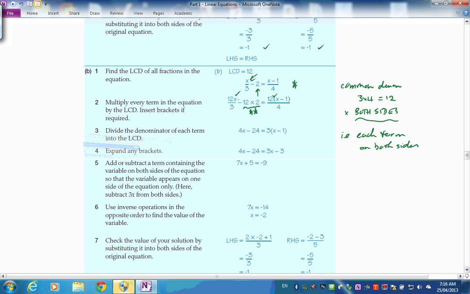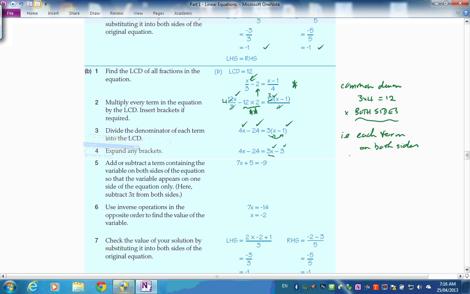So what have we got? 12x over 3, that'll cancel to 4x. Take 24, and that will go into that. 3 times 3x take 1. And then we can expand that. 3x take 3. Then subtracting 3x from both sides to,